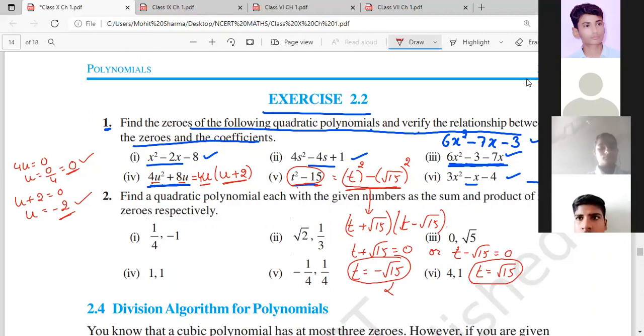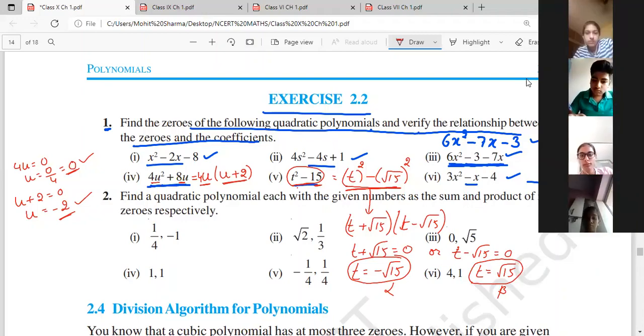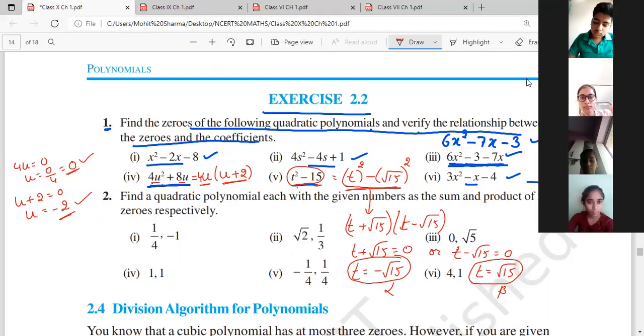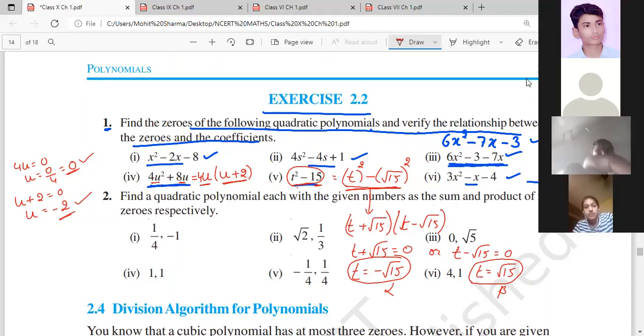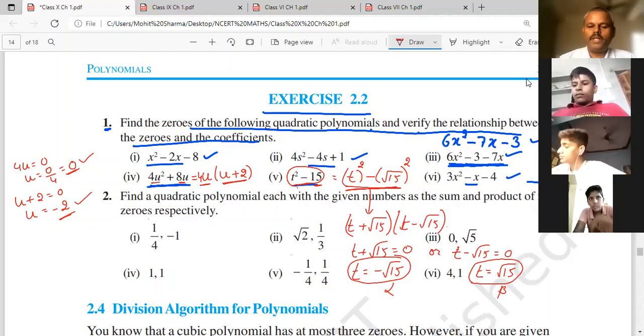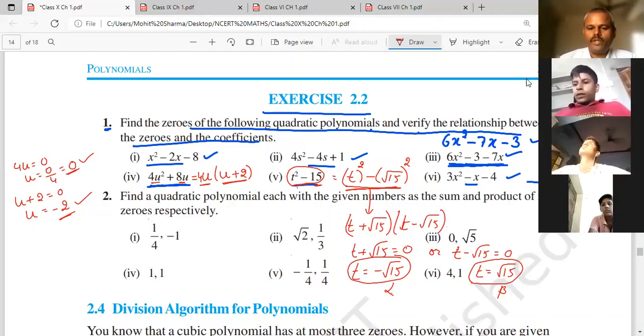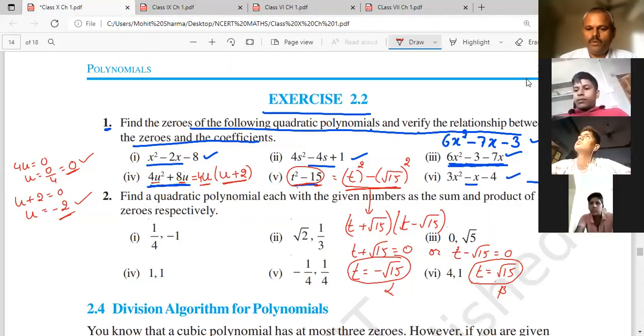एक को अल्फा मान लेना और एक को बीटा. अब ये बताओ quickly, what is sum of the zeros? अल्फा प्लस बीटा करोगे तो क्या आएगा? Minus b upon a. One is negative, one is positive. अरे बेटा वो नहीं पूछ रहा हूँ, मैं पूछ रहा हूँ अल्फा प्लस बीटा. जब जीरोस को ऐड करना है, रिलेशन फाइंड आउट करने के लिए पहले अल्फा और बीटा को ऐड भी तो करोगे. वो रिलेशनशिप बाद में बनेगा बेटा.